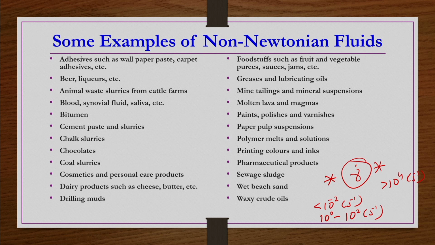Okay. So, whenever we talk about non-Newtonian fluids, we should ask what is the range of shear rate, because the non-Newtonian characteristic may not exist for all ranges of shear rate for the same material. The same material may have a certain kind of characteristics at a certain range of shear rate, and then it may have different types of characteristics at a different range of shear rate. Okay. So this is very essential.